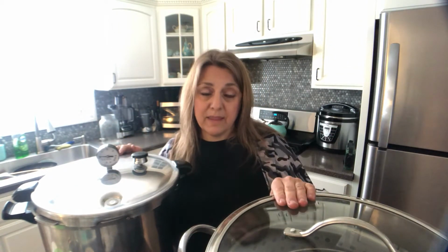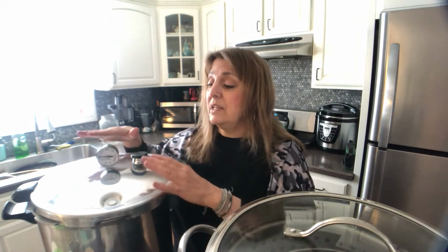Now there are two types of canning you can do. You can do pressure canning or you can do water bath canning. It all depends on what foods you're processing. If your foods are very high in acid, like certain fruits, strawberries for instance, or you're doing jams or jellies, or anything in vinegar like pickled beans or pickles, then you can use a water bath canner. If your foods are very low in acid, like meats or vegetables in water, you're going to need a pressure